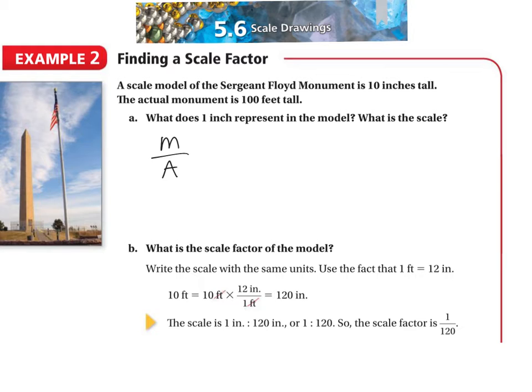Okay, other places where we see this is in this particular thing. They're saying they built a scale model of the Sergeant Floyd Monument. So that means, if you can imagine, you get your Legos out and you build something, and if you build it to scale, then each inch is going to represent the actual number of feet it is tall. But another really important area where we see this is if you ever build your own home someday, or if you're ever into building homes or buildings of any sort, those are always drawn to scale so that you can actually tell